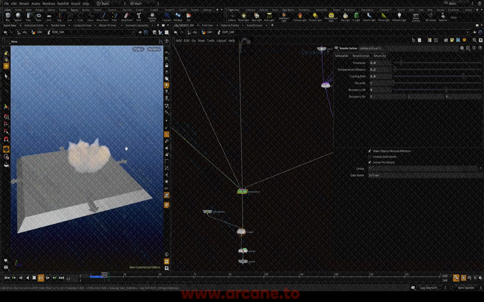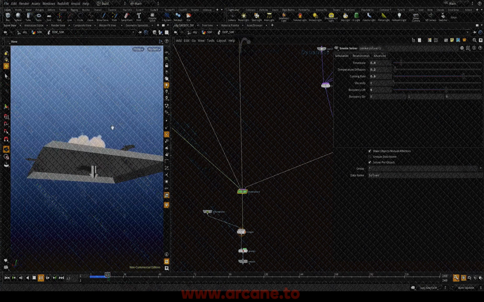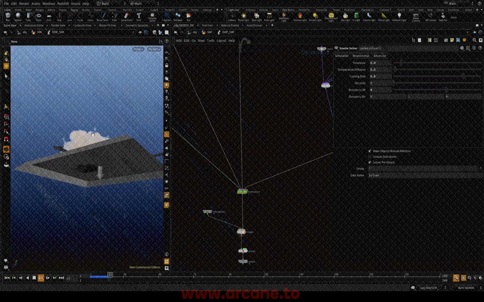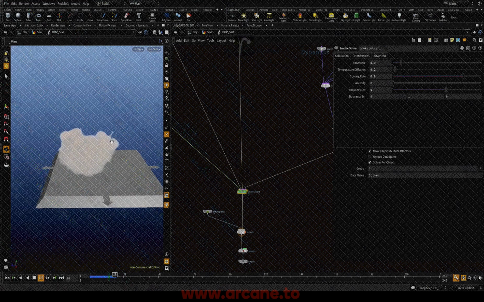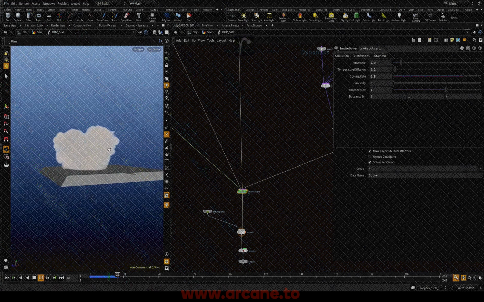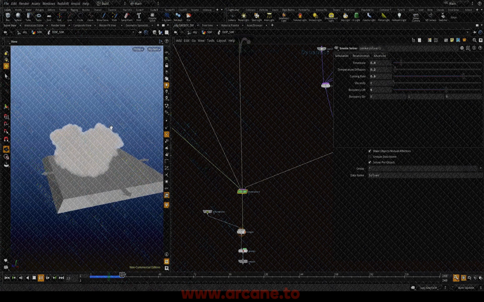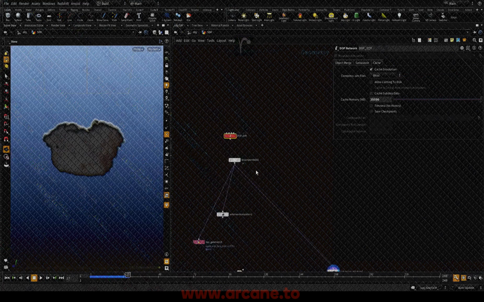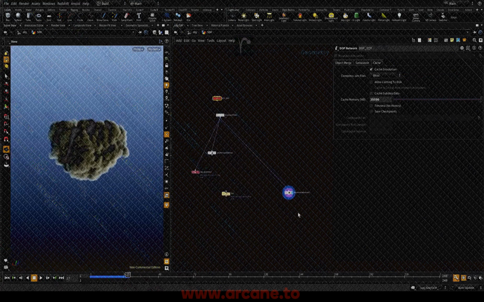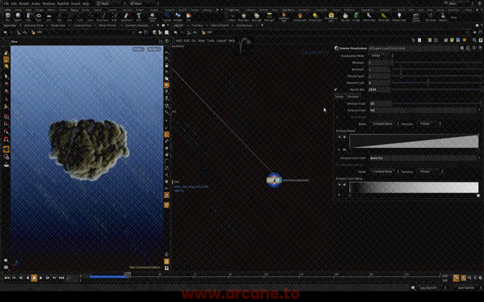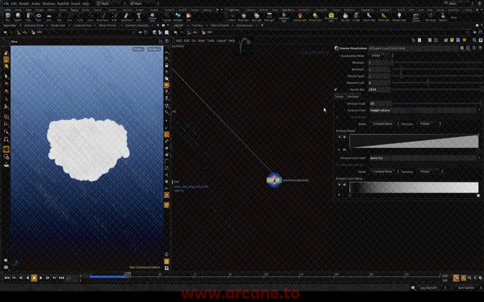I think it's working really nice now. The trails could be longer, but I like the fact that we have a tip and then something behind it coming, so this is definitely working as expected now. Okay, we can actually visualize the temperature if we're interested in that, and let's copy this